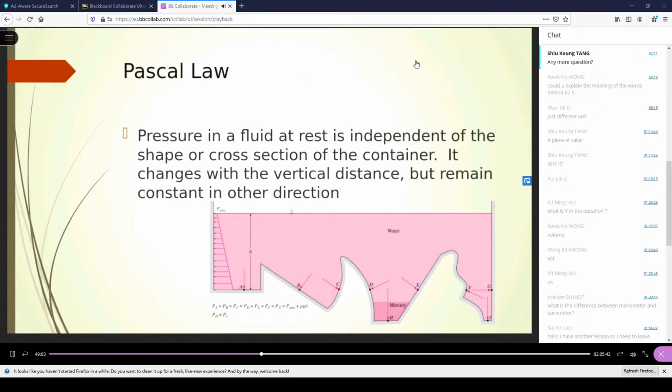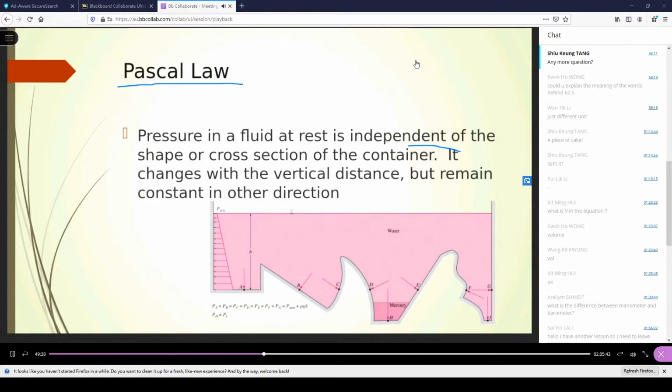Now, in many textbooks, you will find a law called Pascal's Law. For completeness, I have to introduce it because you find this Pascal's Law in many textbooks. Actually, it's P equals rho gh. Now what does Pascal's Law tell us? It tells us the pressure in a fluid at rest is independent of the shape or cross section